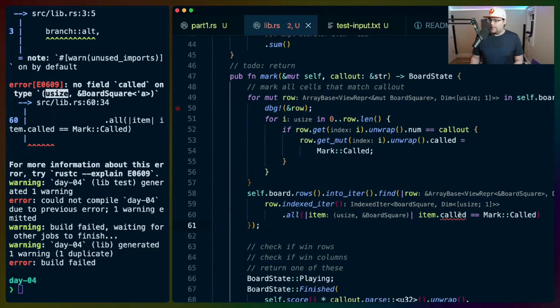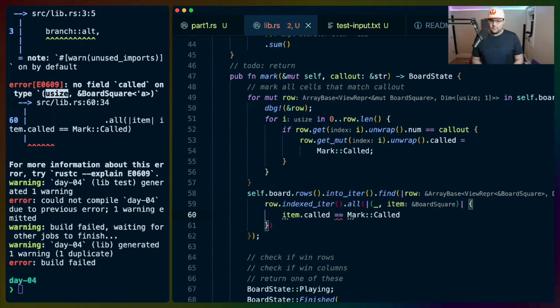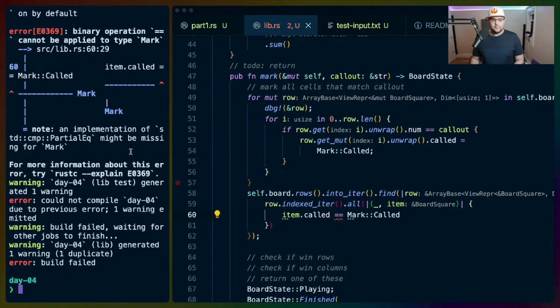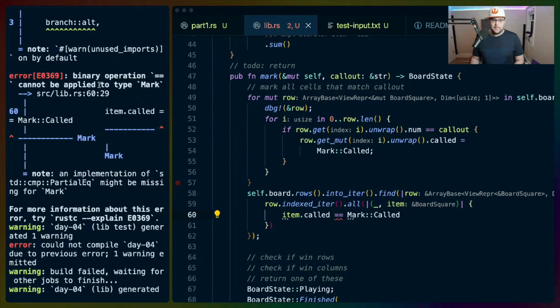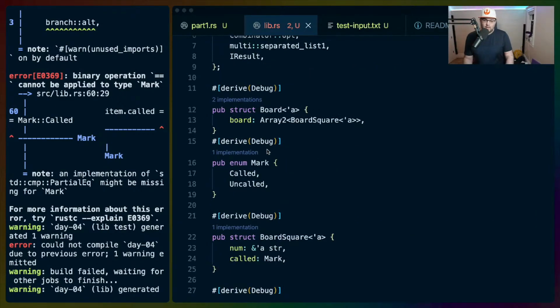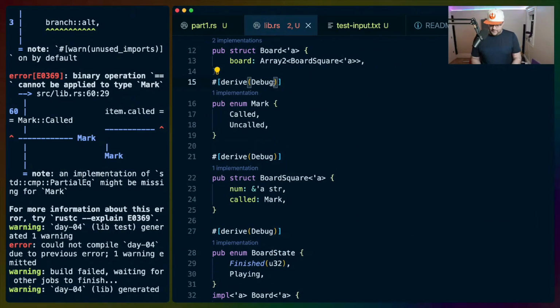There we go. So indexed_iter gives us what we want. We'll just use that for now. I think these need to be the same level of reference. Mark. Oh, you know what I did? Or you know what I didn't do? This needs to be